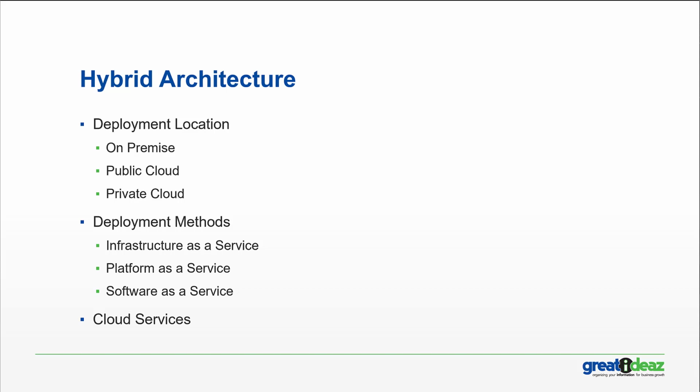Also, what we've seen is a vast increase in the deployment methods. So whereas before we were actually building physical hardware, we went into virtualization. And now when we're looking at cloud services, we're looking at 3 main types of cloud service. The idea of infrastructure as a service, where you're buying storage or virtual machines inside a virtual network. So you're actually building out infrastructure components that as an organization, you will still be responsible for managing and patching,